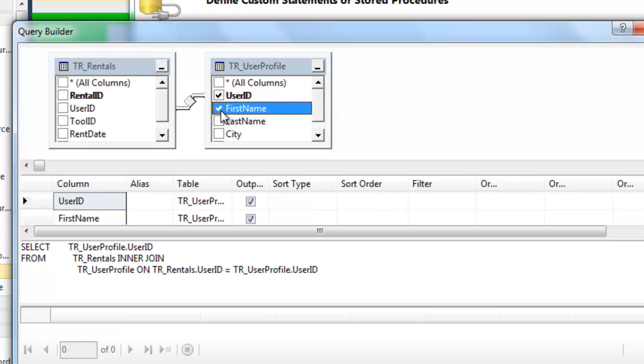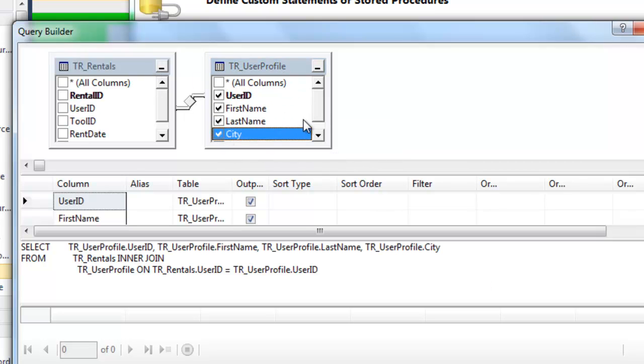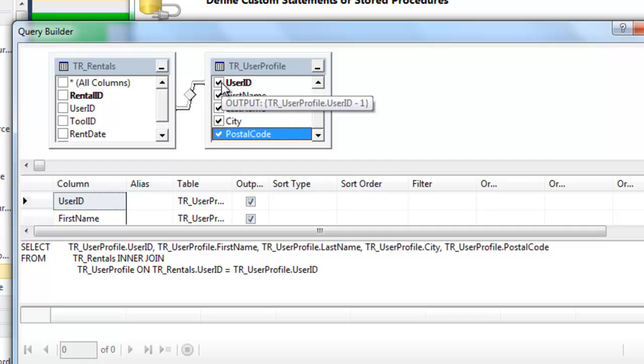So I want user ID, first name, last name, city, and postal code. I want to collect this particular information from the user profile table, interjoined on the rental table. So if the tool ID appears in the rental table, then I want to interjoin user ID and collect this information. The last thing I need is the where,